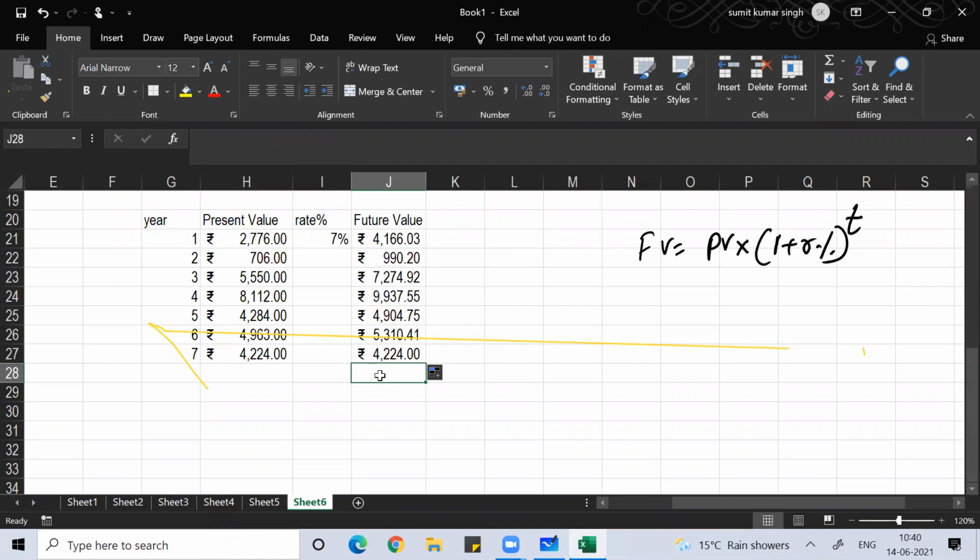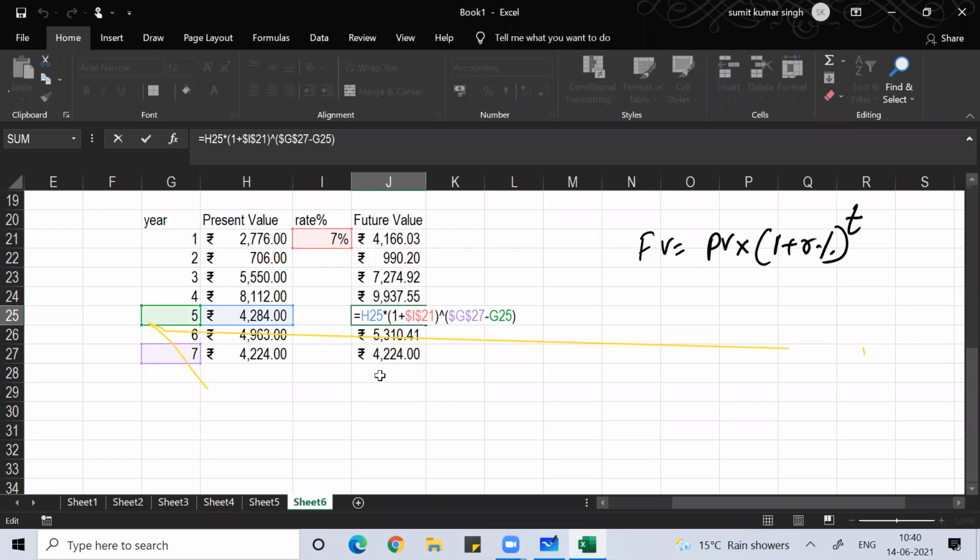Now you can see, wherever you put your cursor, can you see this? The cell is not moving. Certain cells are not moving, which you fixed. That is called the F4 key. That is the first thing I learned in Excel. I remember when I joined my MBA college, that was the first thing I learned in my college.